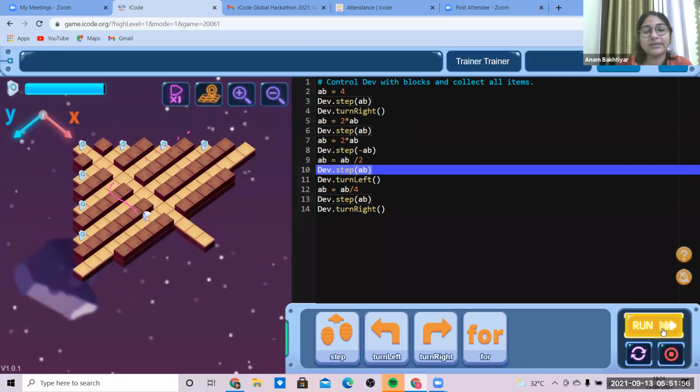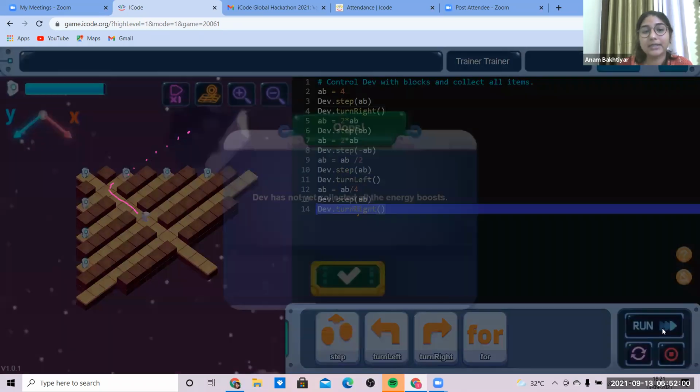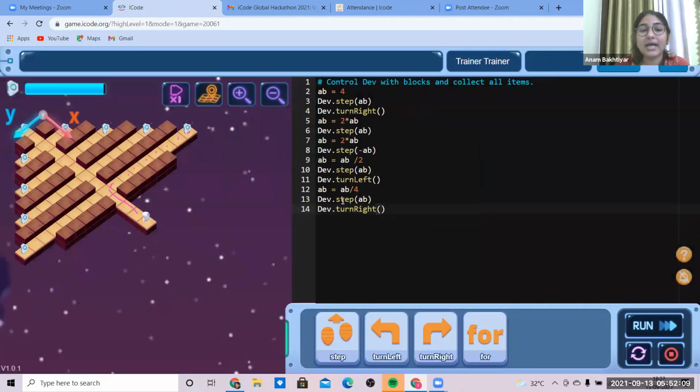Now it has to turn towards left. Now it has to turn towards right. So in right direction, how many steps does it have to move? 1, 2, 3, 4, 5, 6. So it has to move 6 number of steps. And we are on 2 number of steps, and it has to move 6 number of steps.